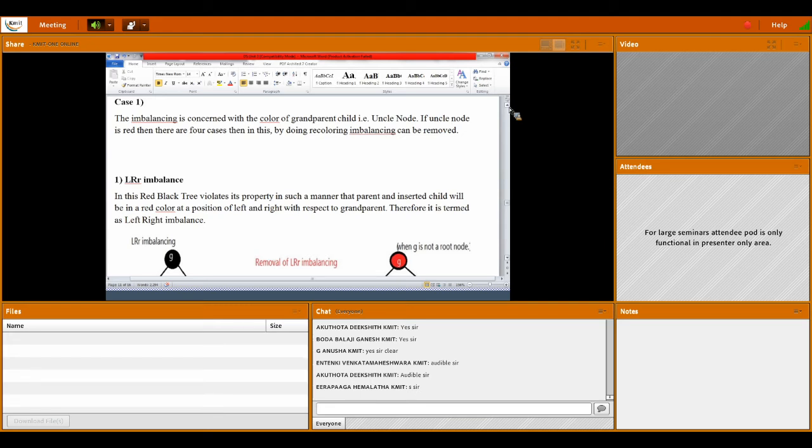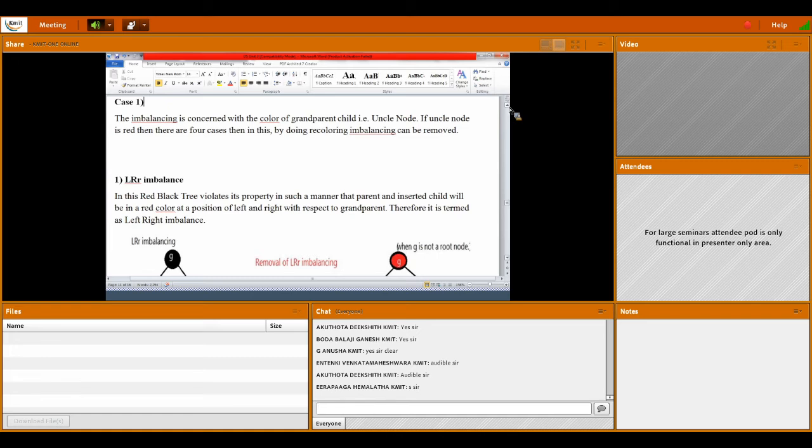If the uncle node is red, then there are 4 cases because it requires coloring. So it is not satisfying the red-black tree. That's why this imbalancing can be balanced by recoloring. By doing recoloring, the imbalancing can be removed.